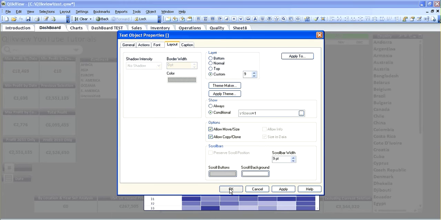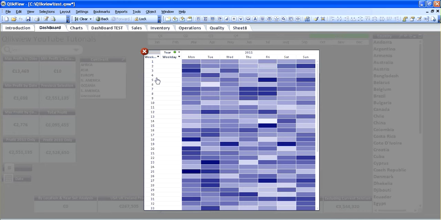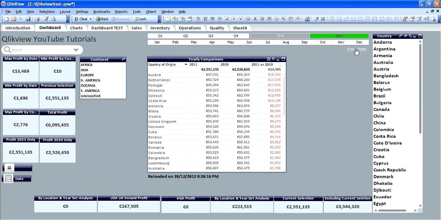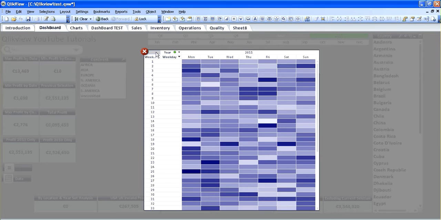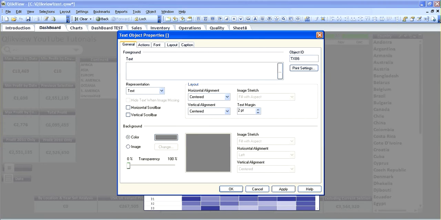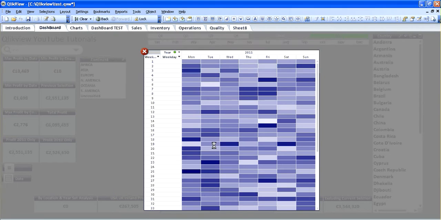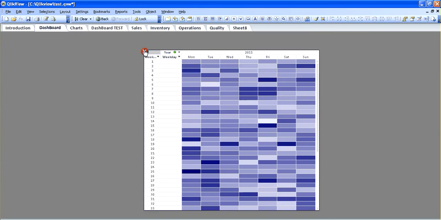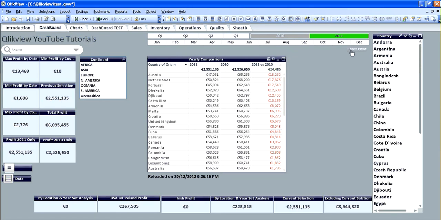Let's click OK again. So if we close this, now you can see everything. If we click it again, we can just see the pivot table and almost fully transparent. So we can go into properties again of the text object we just created and make it fully transparent, and again we can close that, choose show pivot, and it will only show us the pivot table